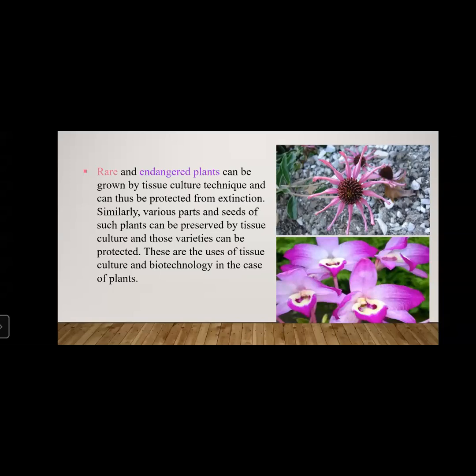the rare endangered species. Genetic engineering is used for production of pest resistant plants, production of plants which are capable of withstanding the environmental stress with the help of biotechnology within a short period of time and less space,